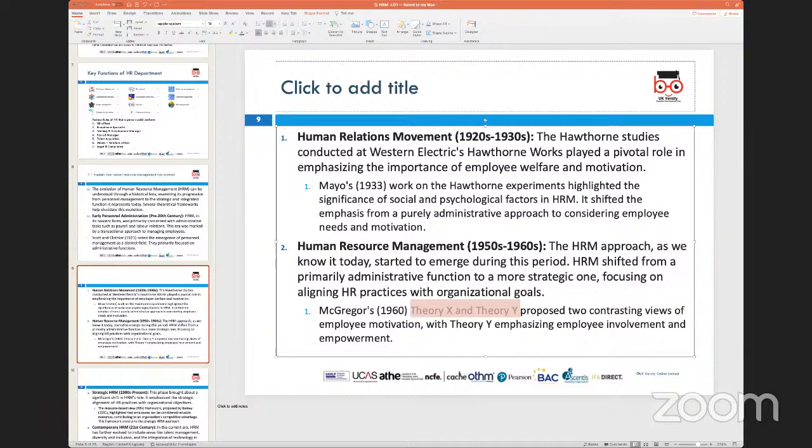McGregor's Theory X and Y proposed two factors. The X factor says that individuals inherently dislike work and will avoid work as much as possible. The Y factor says people are not lazy. They are capable of self-motivation and they are interested in working. But obviously conditions have to be conducive for them to be able to work and produce the output desired